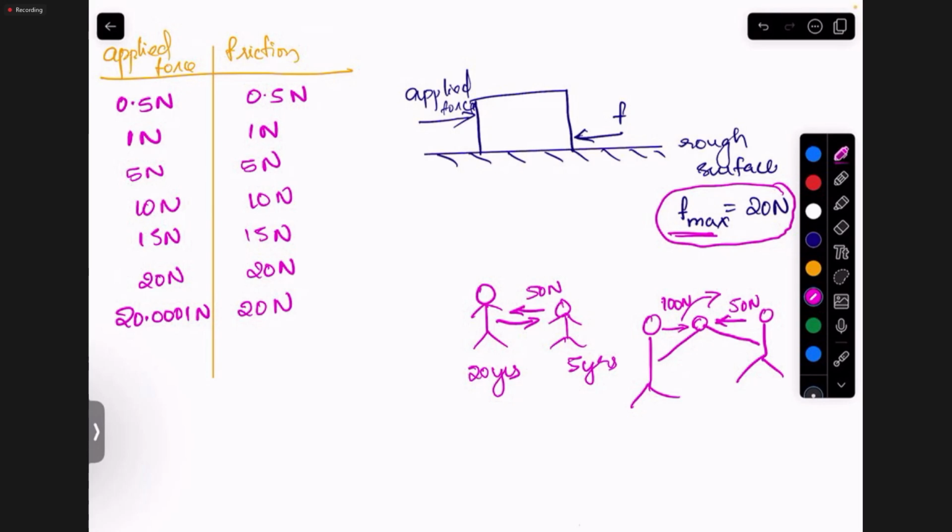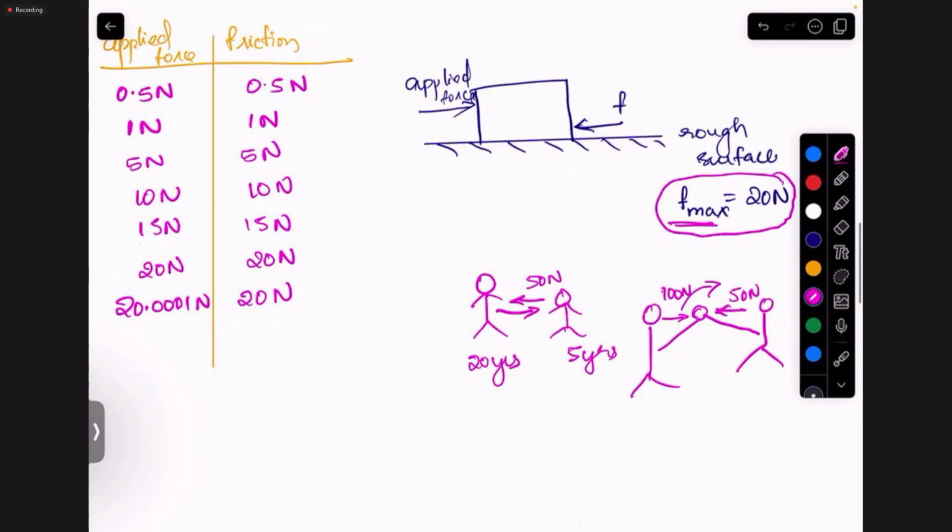So I'm slowly increasing from 1 Newton to 100 Newton. Till 50 Newton, she will try to resist the push. Once I go beyond 50 Newton, even 50.1, she will fail. So that is what is happening here. Up to 20 Newton, friction can resist the motion. If it goes beyond 20 Newton, even by 0.0001 Newton, then friction cannot resist it, so this block will start moving